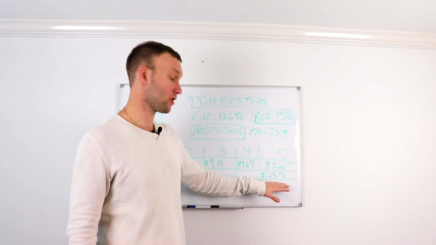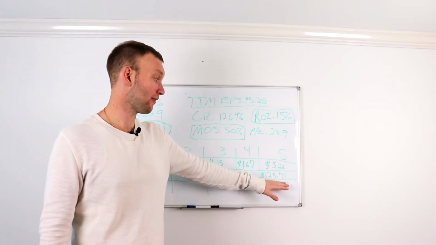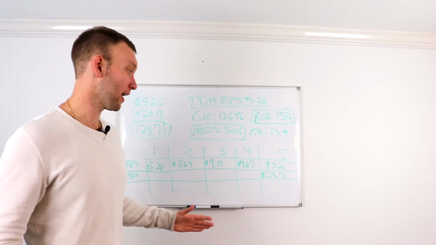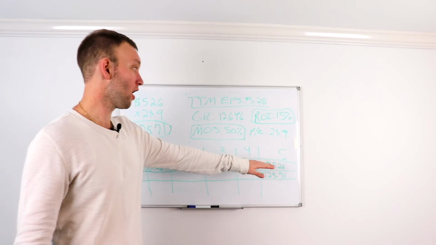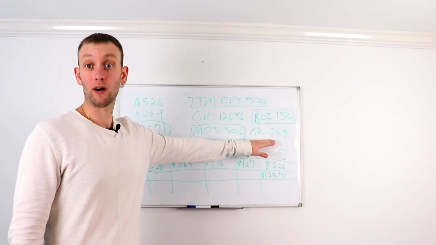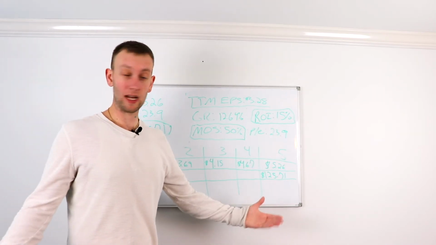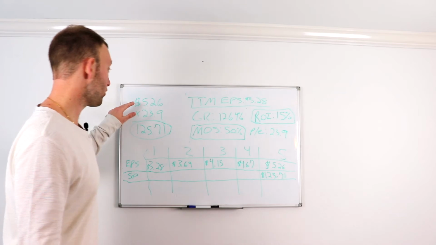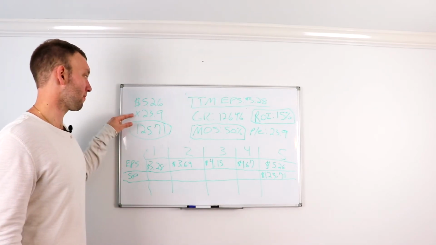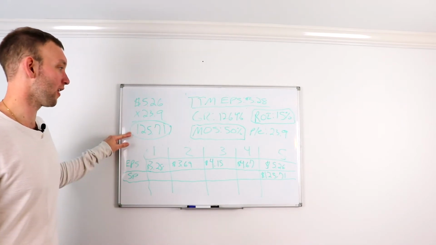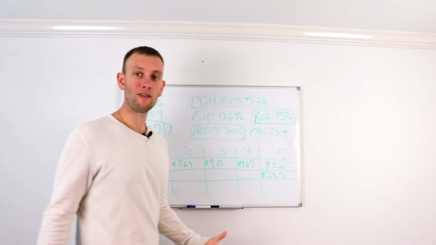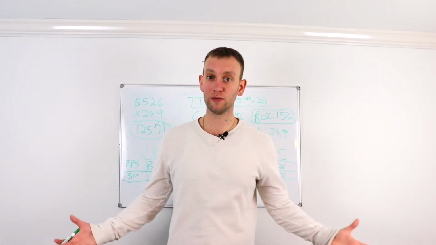So according to my calculations, a fair price for Apple would be $125.71. Now, how did I get that? Well, I took the earnings per share and I multiplied it by the PE ratio, our average PE ratio of what Apple usually trades at. So that was 23.9. So I multiplied $5.26 by 23.9, giving me 125.71, okay? So now we have our share price for what Apple would be at a fair value 5 years out, right?